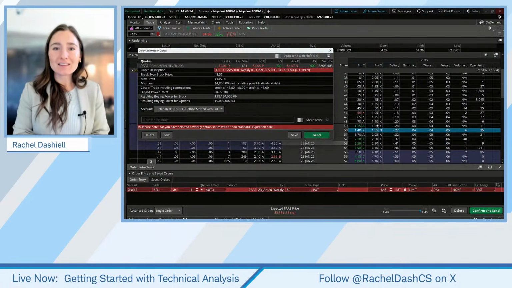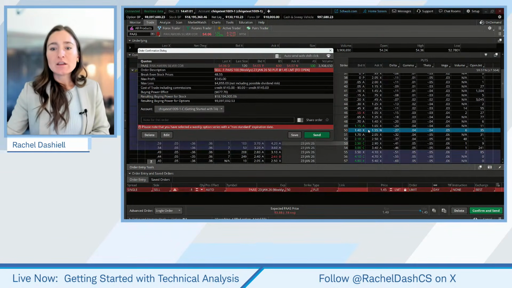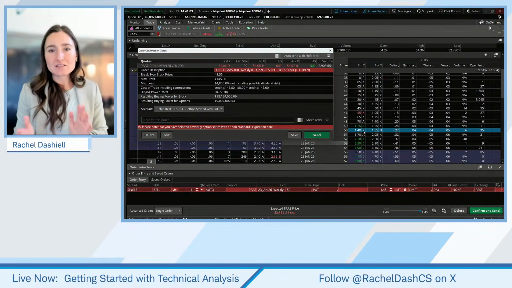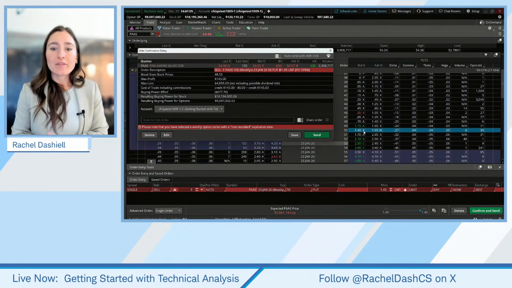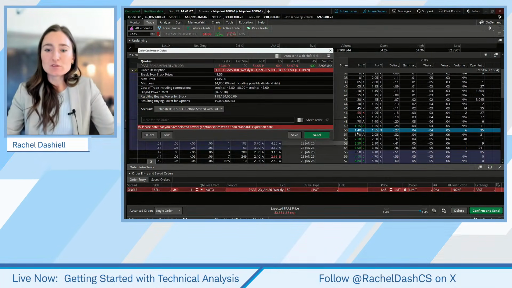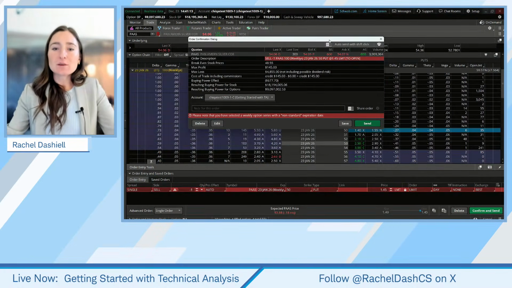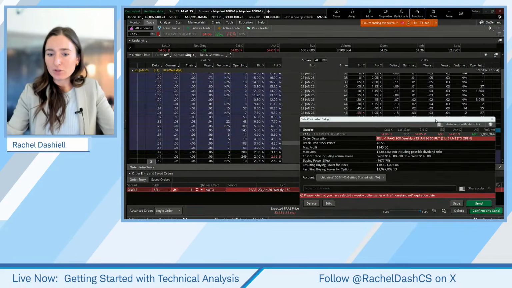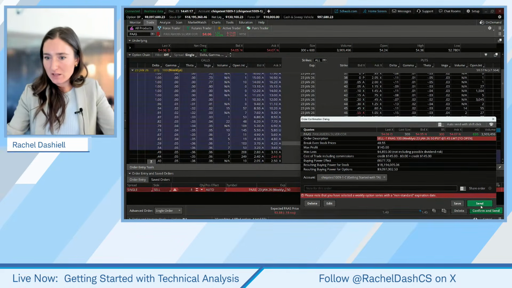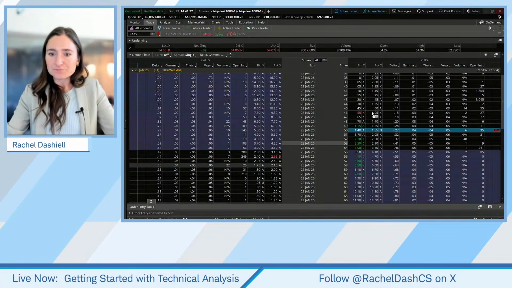But the main thing that will tell you about the liquidity in this option is going to be that spread. And that spread is going to be right around 10% of that option price. You just take the difference between 140 and 155 in that case, divided by that 155. That's still going to put us in range of a good level of liquidity. So I am going to hit send. Everything looks okay in this case.